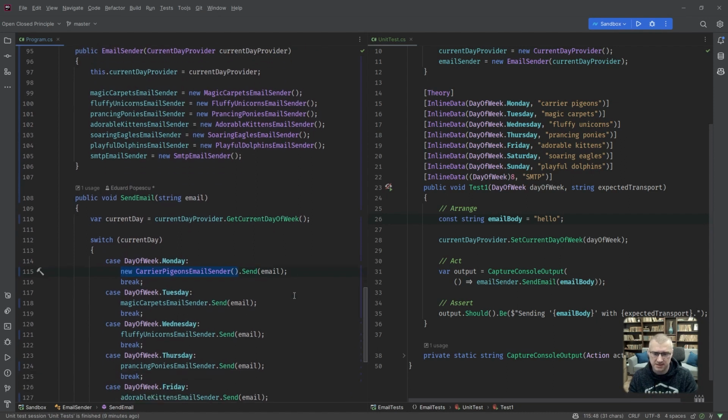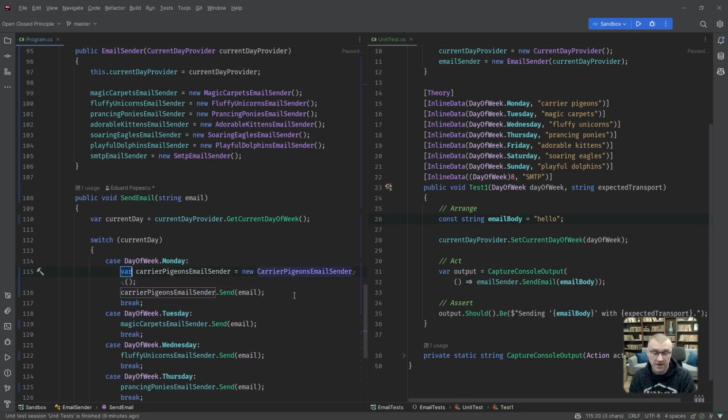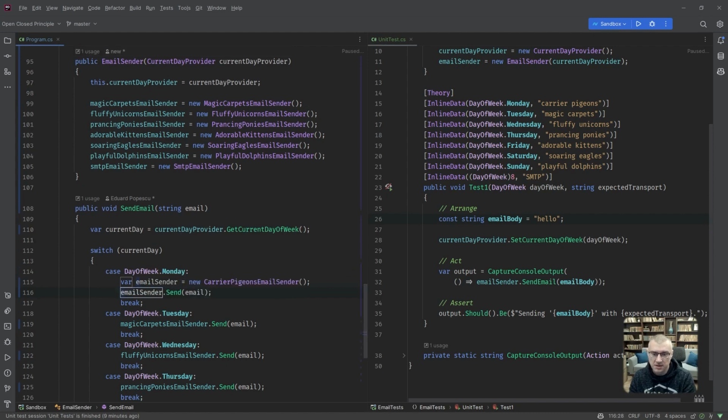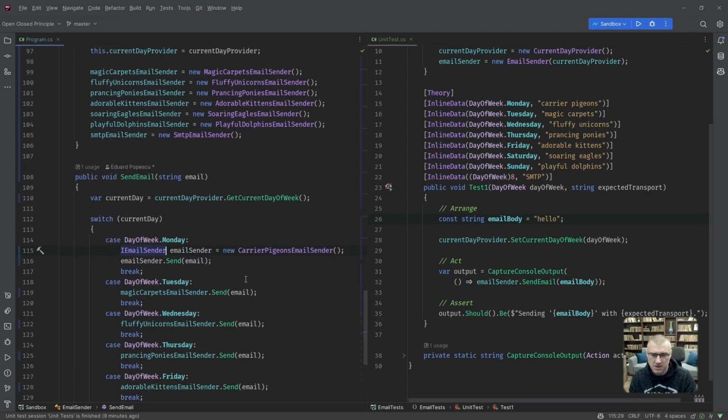Because I want to introduce a local variable, and I want to call it email sender. And that's it. But this is going to be of the type of the interface. And I can do that because, hey, we just implemented an interface.